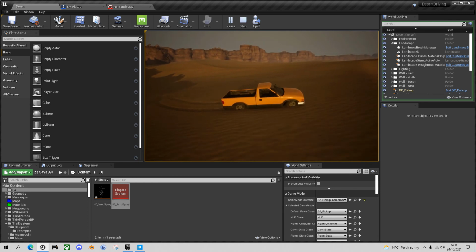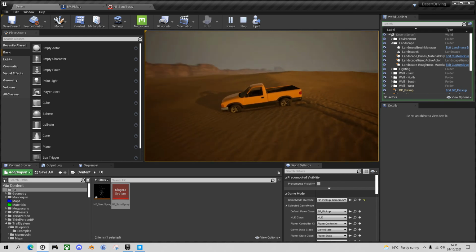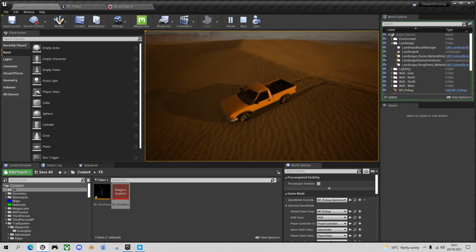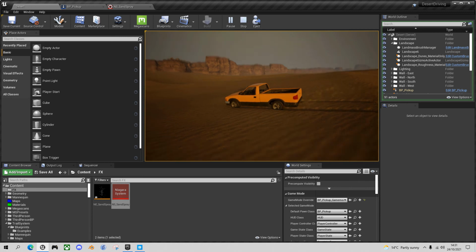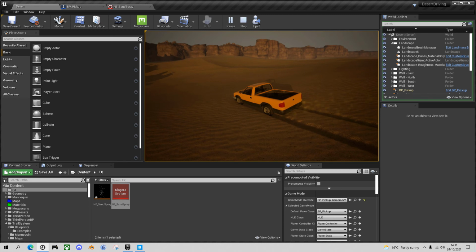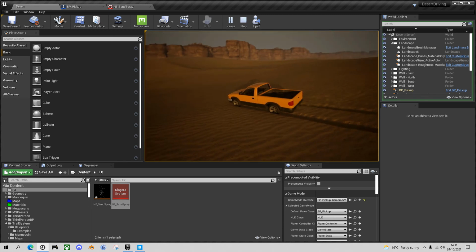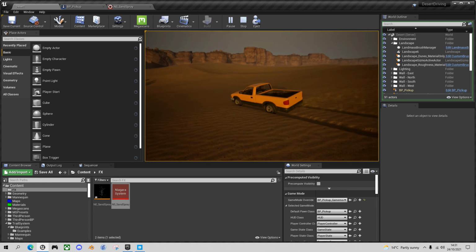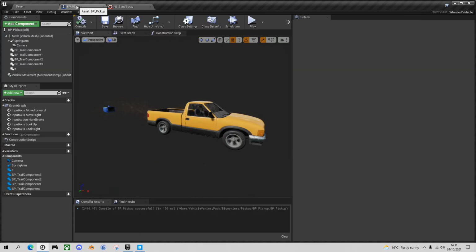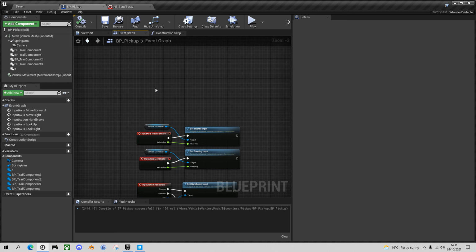Now, the only thing that's obviously wrong here is that you're getting these particles coming out all the time, even when I'm at a standstill. And in reality, you only want the sand spray to show when you're moving over a certain velocity. So the final thing I want to do is put some logic in so that the particle system only starts up when you're over a particular velocity. And to do that, we go back to our pickup truck, go to the event graph, and let's just find some empty space. And we need to do this on an event tick